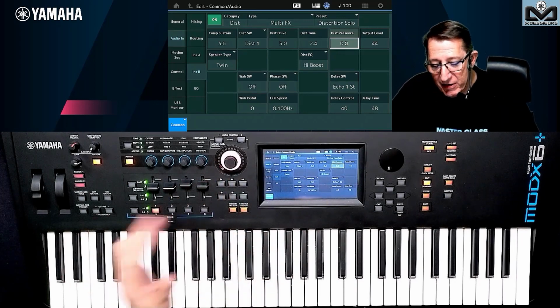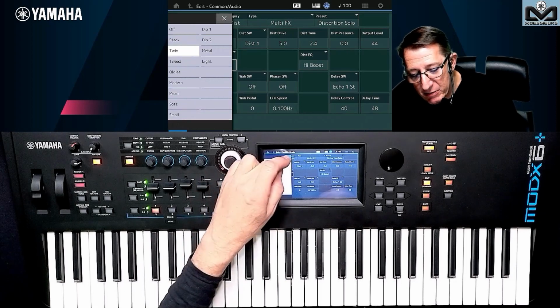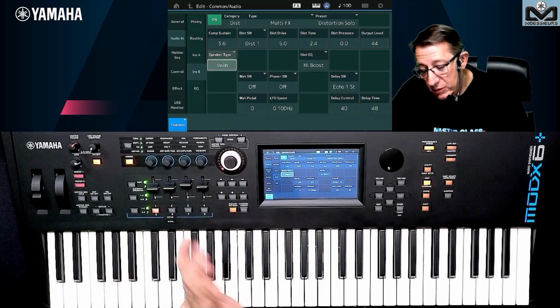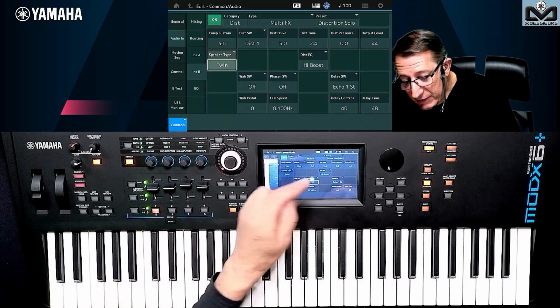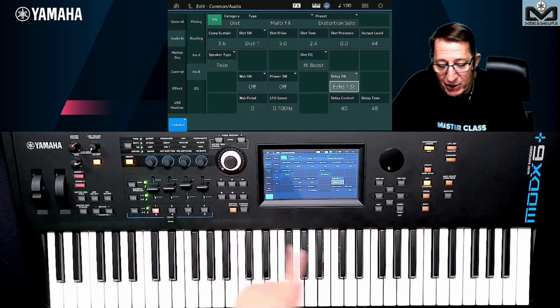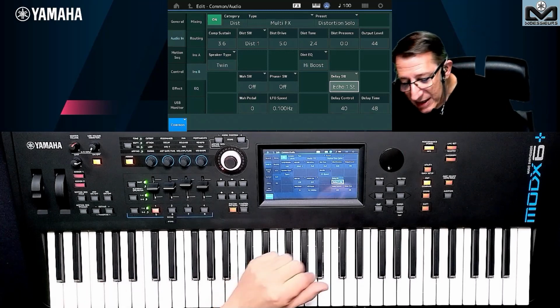You can have a distortion, you can have some speaker type, so with some metal lights you can emulate, of course, megaphone, things like that. The wah, why not? The wah is a kind of filter. You can use it for your voice too. You can have a great phaser, you can have a great delay too. So that's a very great effect. You just need to manage the breath.